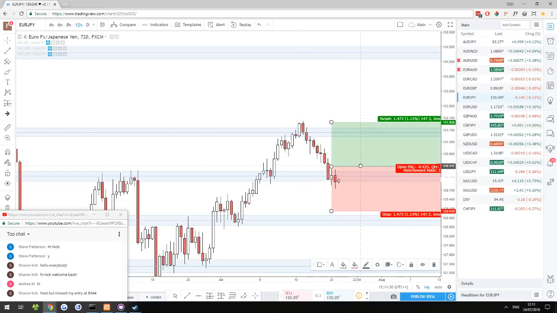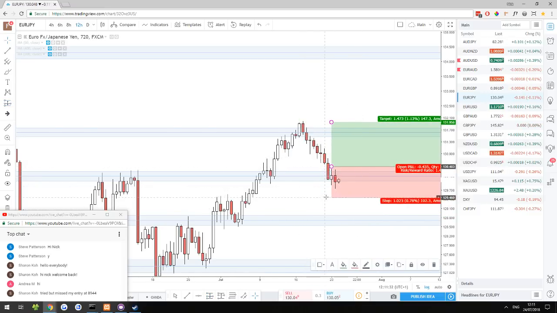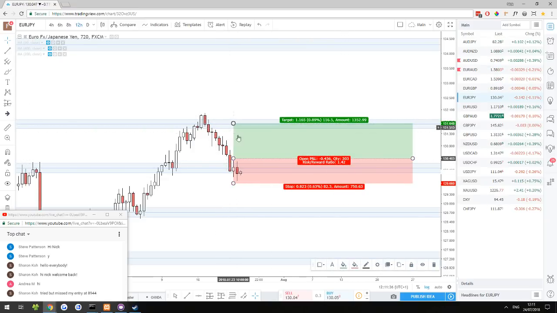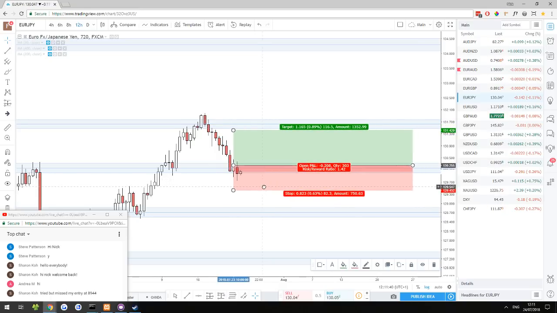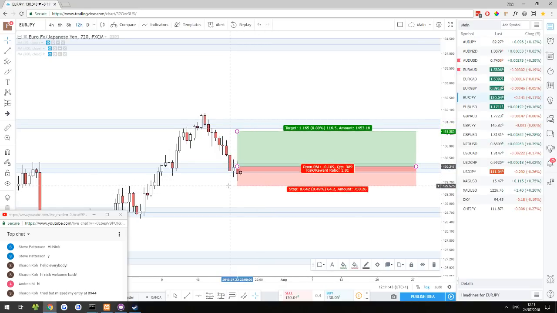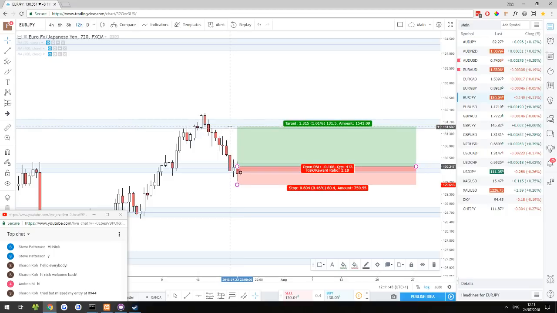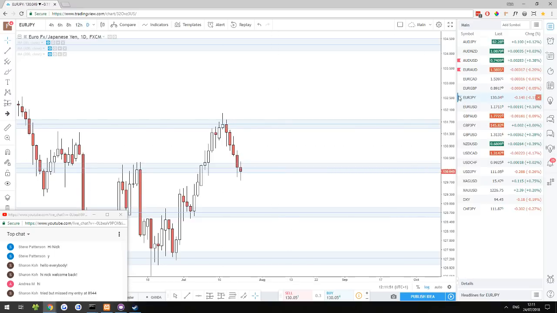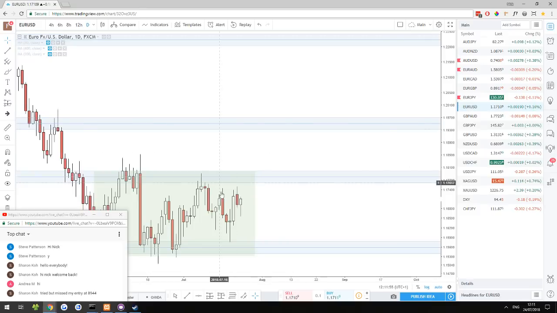So let's say we enter up there with a stop loss down here somewhere. Our risk to reward ratio is going to be like 1.4 at the next resistance area, which is pretty atrocious. So if you enter on a bit of a retrace, then you got better numbers. So let's just keep an eye on this one. I'm going to be watching it on the 12-hour and the daily for potential continuation. I've been watching it since yesterday. Also USDJPY, which we'll get to soon.